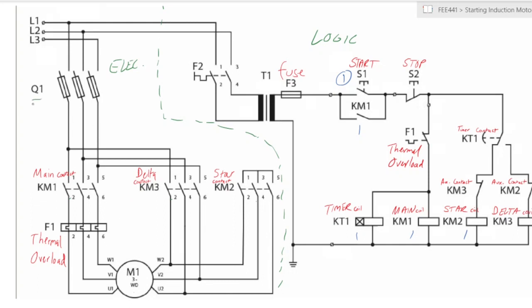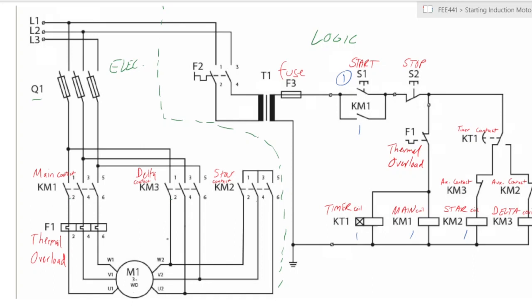Q1 here would be your main connector or your main breaker. You have F1 as your thermal overload, in case of any breach or break of the